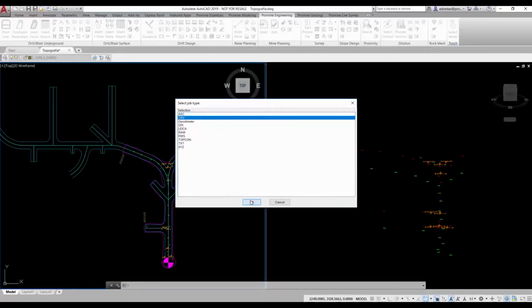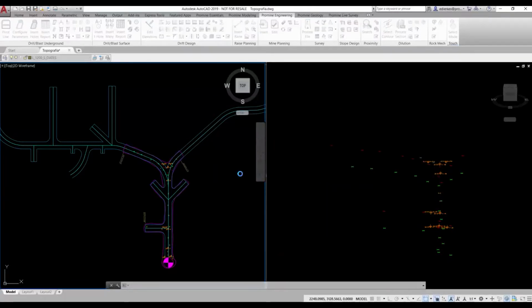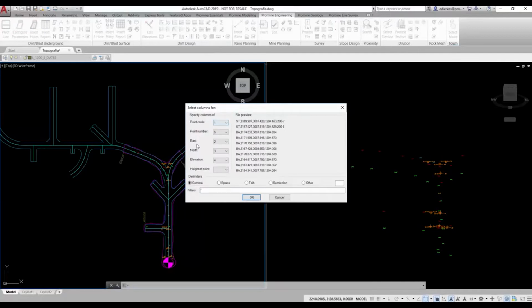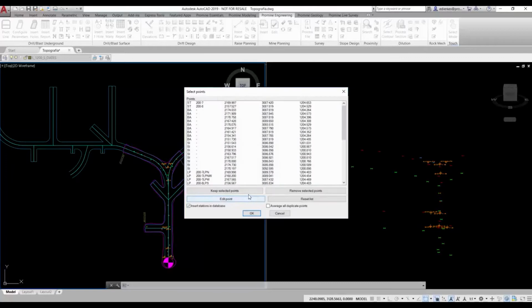We're selecting the correct file, and a new menu will open in which we can sort the information of the file into the correct columns and determine our delimiter. Selecting OK, the file information will be processed and can be viewed and edited in the following window if it is necessary. We are just indicating that we want to add the stations to the database and finish the process